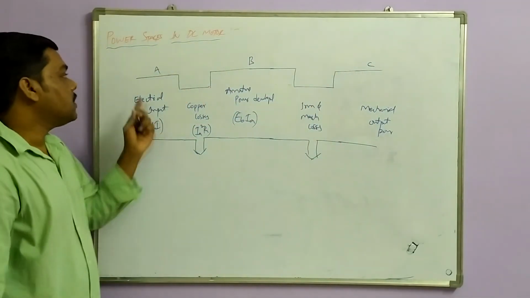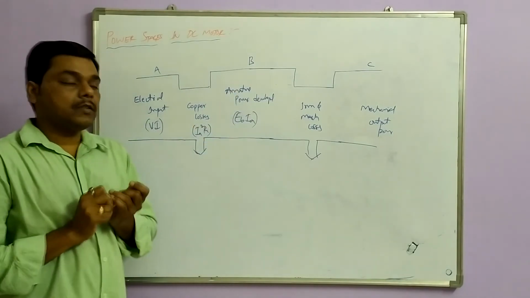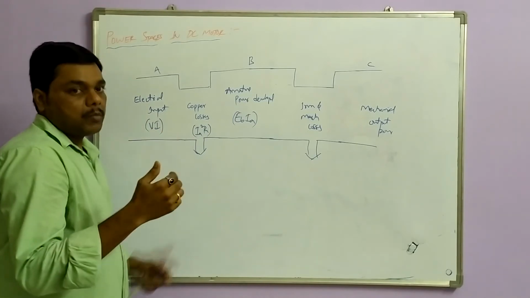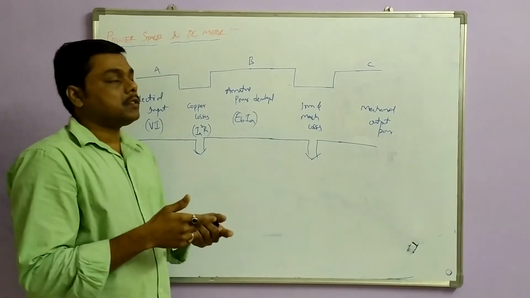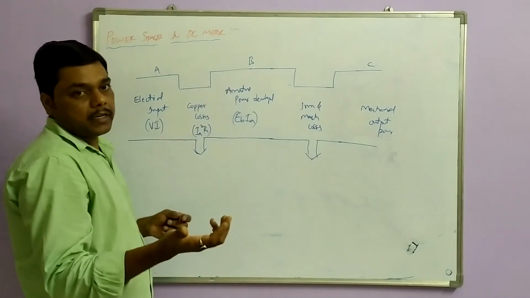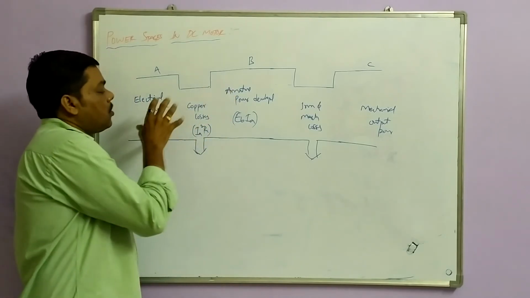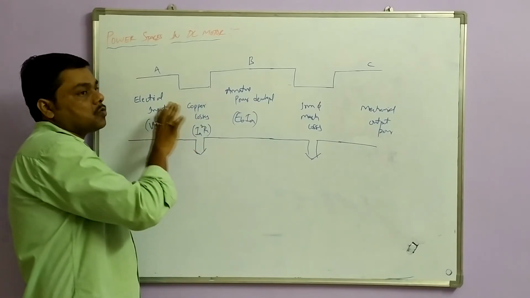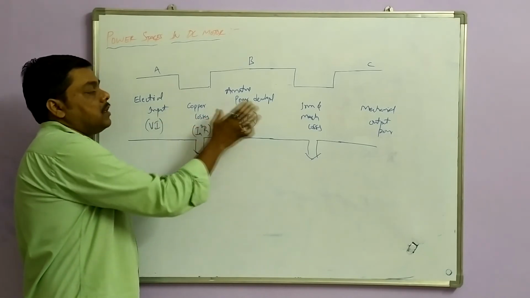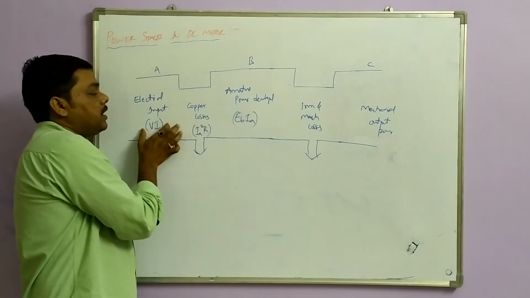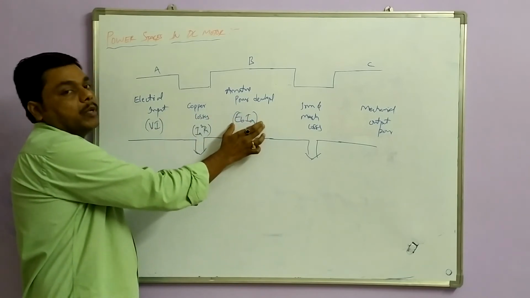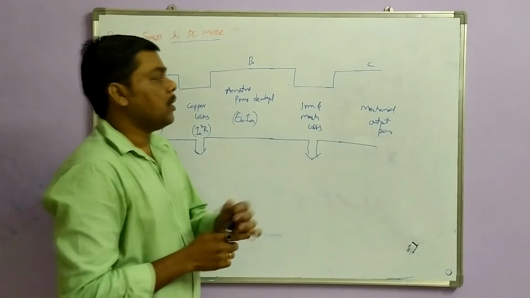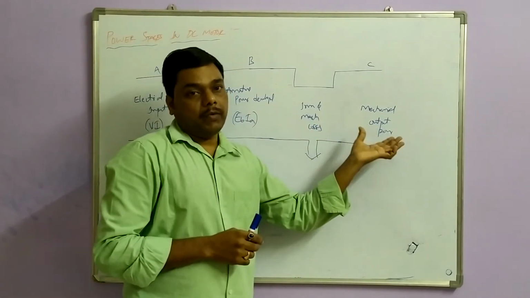Now we are having the A, B, C, three stages. The first stage is electrical input to motor. We are giving to the commutator segments, so the brushes and field winding is excited, and here it is doubly excited. And after the reduction of copper losses, why electrical power is input you are giving, so due to the ohmic losses there is a reduction in the power. Now VI is reduced into EbIa. Now EbIa is the actual power developed in armature equivalent to mechanical driving load power.